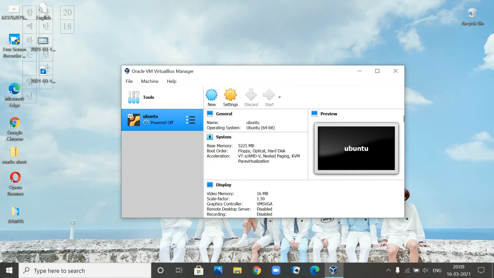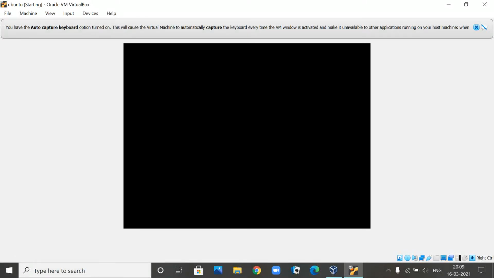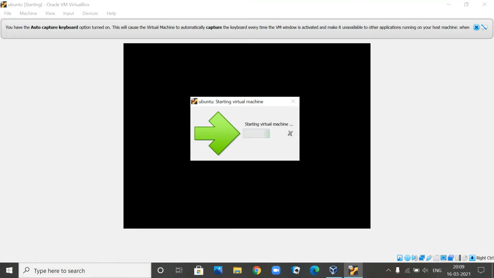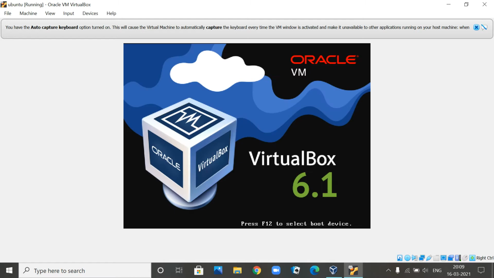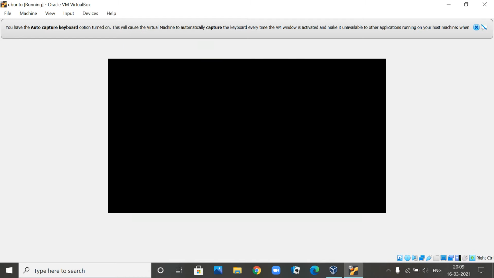After starting our virtual machine, we are going to log on to our Ubuntu operating system, so that we can work on the TCP server and client programs in Ubuntu or Linux, in whichever Linux version of the operating system. We will be trying to do it here. Okay, our Ubuntu is starting.